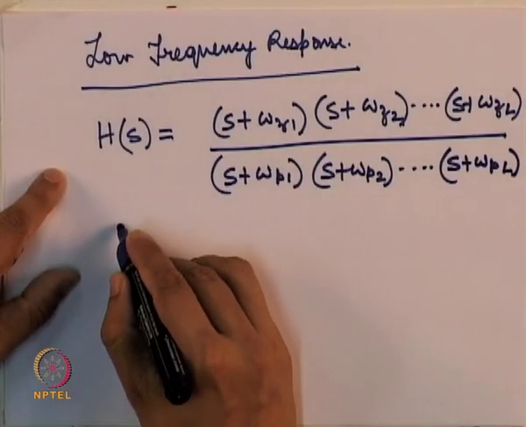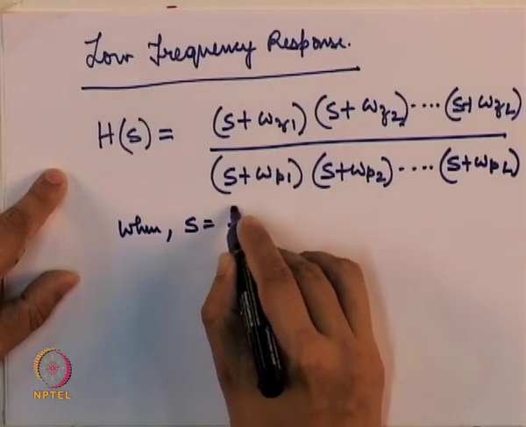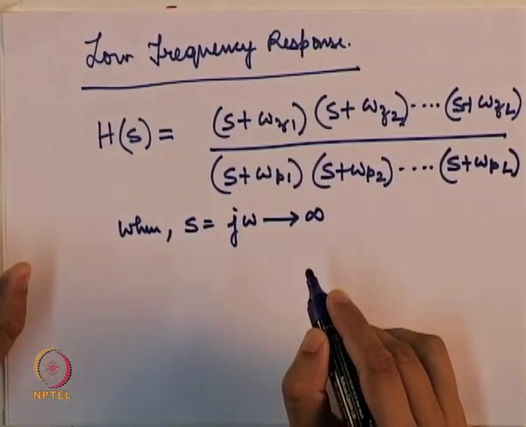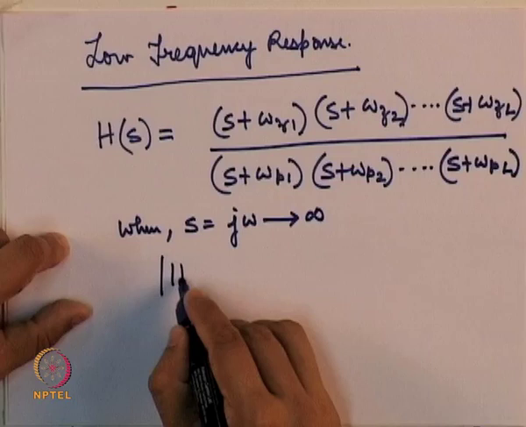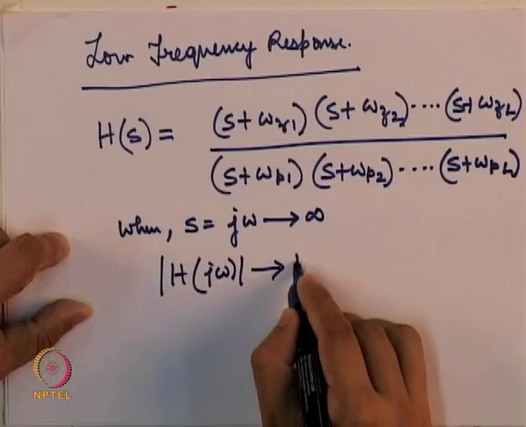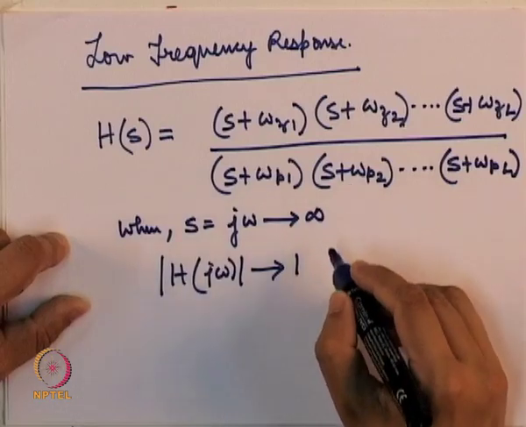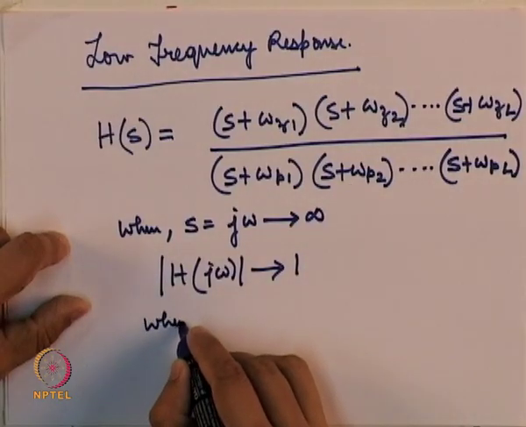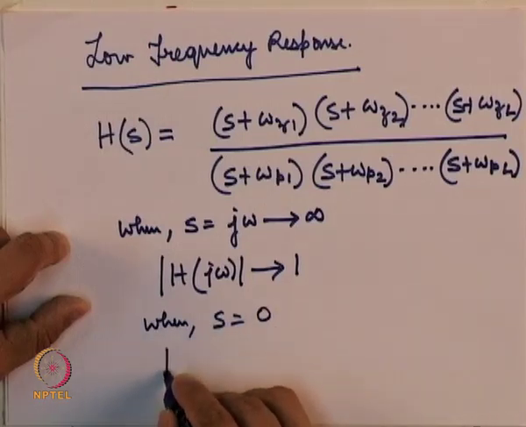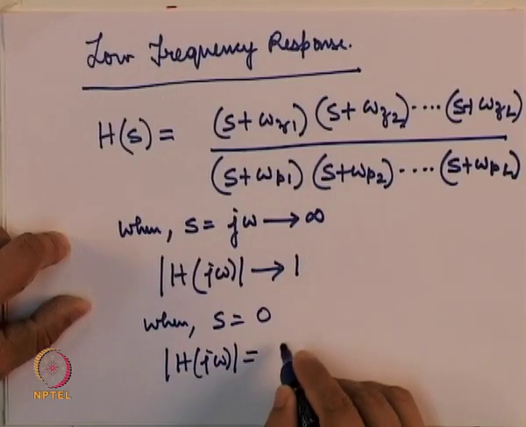Now, as you can see, when s equal to j omega tends to infinity, the magnitude of H of j omega tends to 1. For s equal to 0, so when s is equal to 0, we have magnitude of H of j omega given by